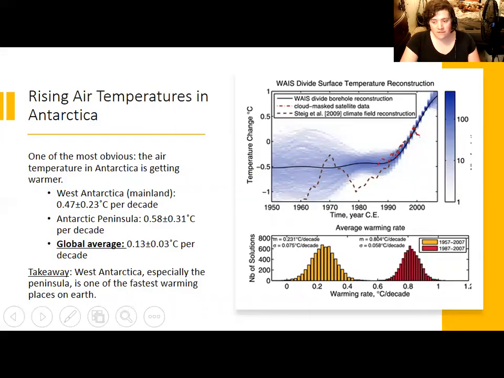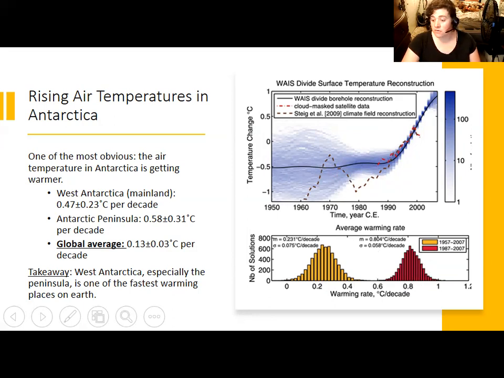So using a combination of data from ice boreholes as well as from more recent records taken at weather stations, we have a pretty good idea of what the air temperatures in Antarctica have been like over the past few hundreds of thousands of years. And we can tell that they've been getting warmer in the past couple of centuries than they have been in quite a while. For example, this shows you using satellite data and boreholes that air temperatures have gone up really big time in the past couple of decades.